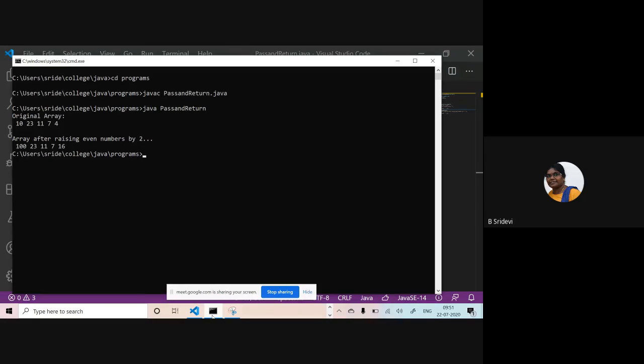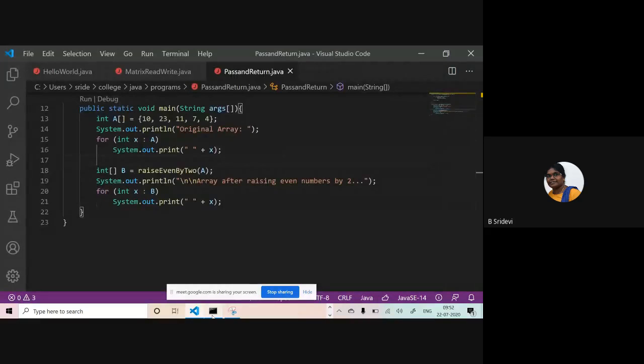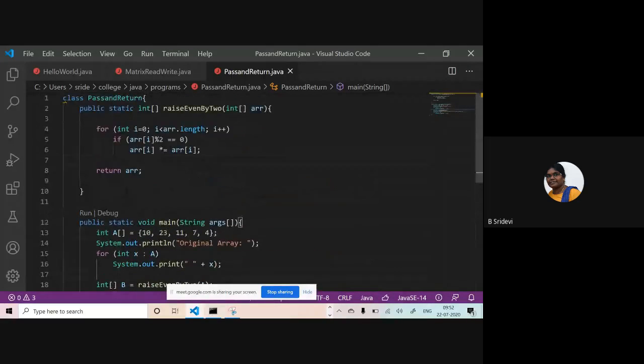The 23 as it is, 11 as it is, 7 as it is, 4 is even number, so it has become 16. Okay, so hope you understood how to send an array and how to return an array. This is the way we write.